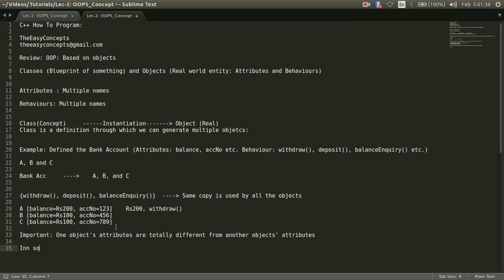In some cases we might see that I am depositing in account A. Let us suppose I deposit 500 rupees in account A. That might change the balance of B, or let me make it 1000 so that it is easier to understand.